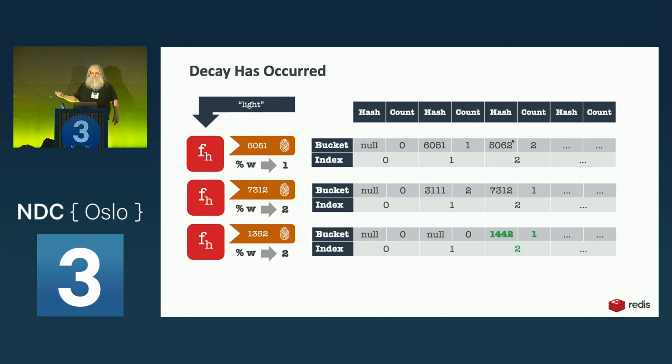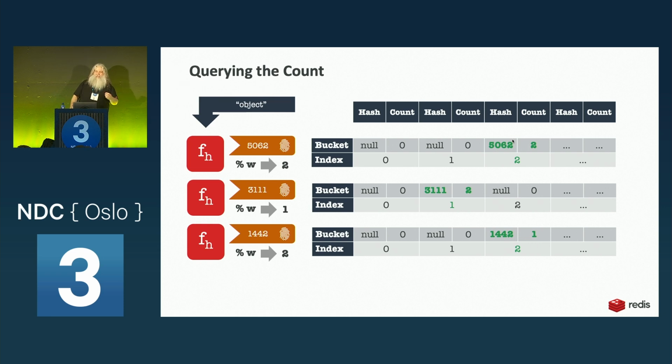So now, after decay has occurred, we can query the word light and we get 2 hits. The third row, we get the mod index, we go and look, but it's not ours, so we don't count it. So we look at the other 2 that are ours, and we see there's 2 ones, and we say, well, light has been added to the heavy keeper once. And when we go to query object, we get 2, 2, and 1 for our numeric values, and we take the largest of all of those, and we get the value 2. And so the count has been preserved. But as this scales up, these things get torn away, and they can disappear entirely.